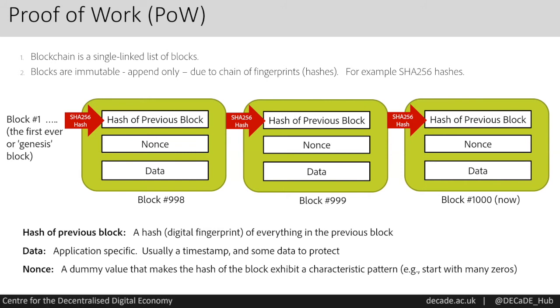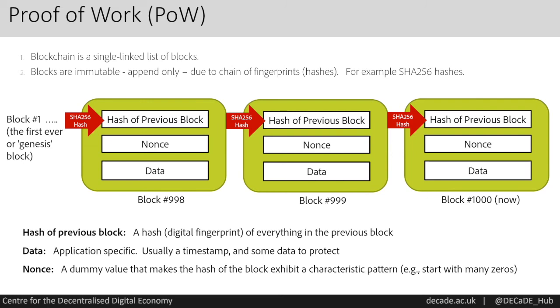And basically, when we want to add a new block, append a new block onto the blockchain, we need to find the nonce through this exhaustive search that takes a lot of computational power by people all around the world in order to make that block valid on the chain. This is what gives this particular kind of blockchain its integrity, the challenge, the difficulty of mining that new block.